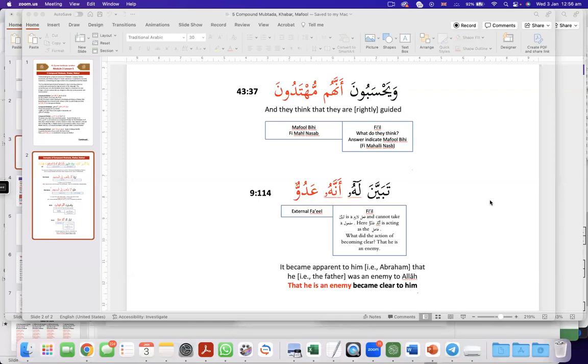Don't give up. This is everything we showed today. This is everything about Quran reading and understanding, compoundness. We will do a breakdown of all these verses, and this is all there.